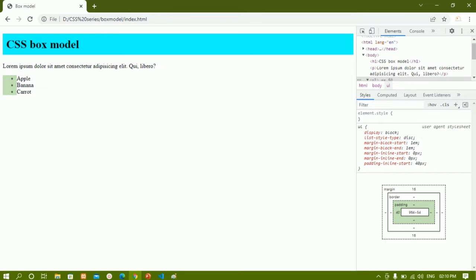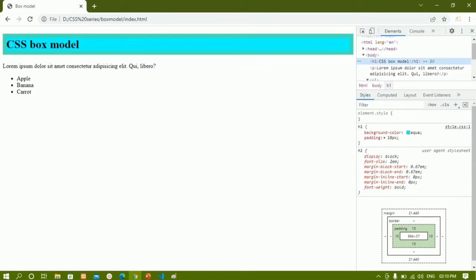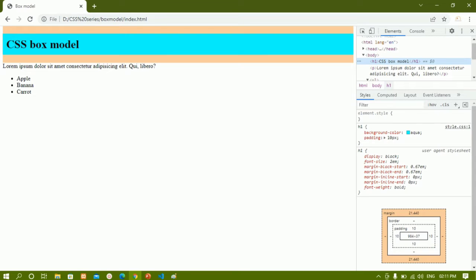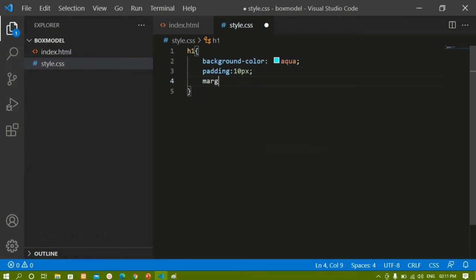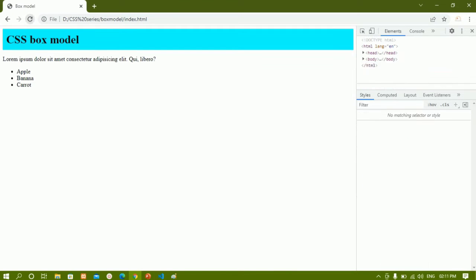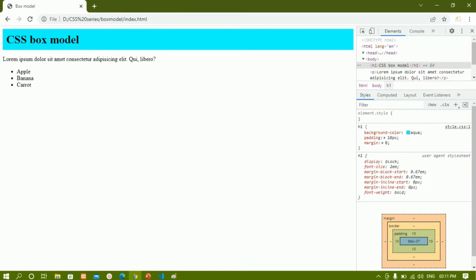Now when I hover on this padding, let me come to H1. You can see this green color indication, which means that for H1 I am having some padding. By default we are having some margin for H1. Now if I want to remove this margin, I'll write margin to be 0. I'll save this and refresh. Now you can see for H1 I'm not having any margin. Whenever I hover on this margin, it is not going to give me any margin. Around this blue color I'm having some spacing.